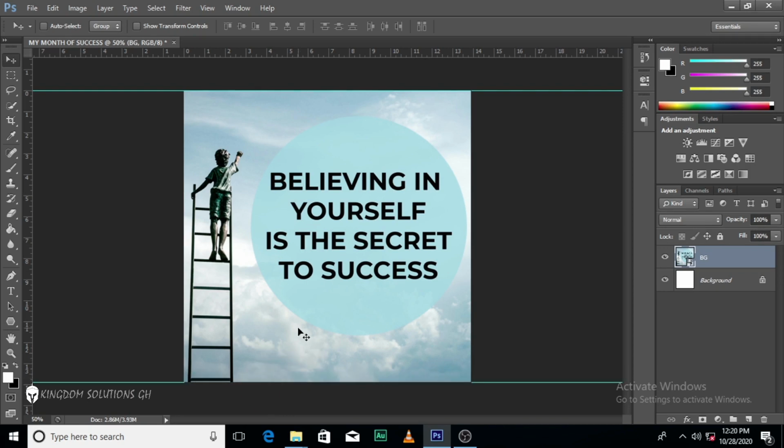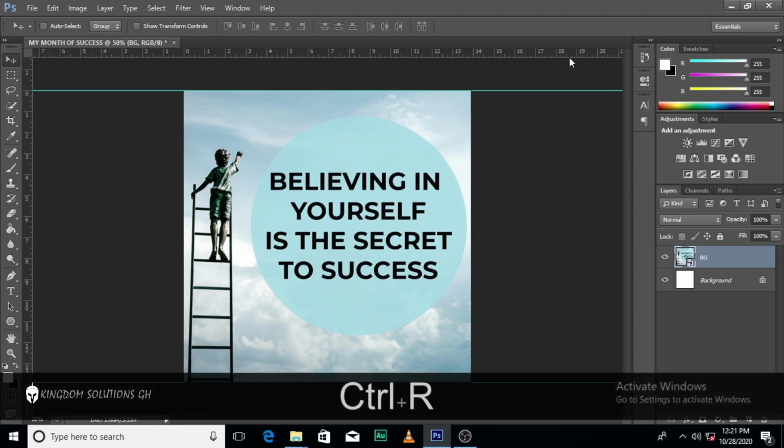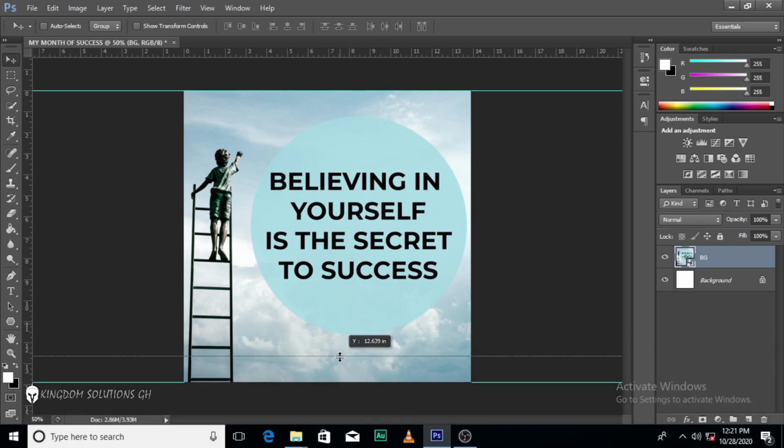Now if your interface is just like this, click on Control R. Okay, Control R to bring the rulers for you to use. Also drag it, make sure it's at the edge of the circle. Make sure it's at the edge of the circle. Alright, now that we have it this way, the next thing we are going to do is to create the